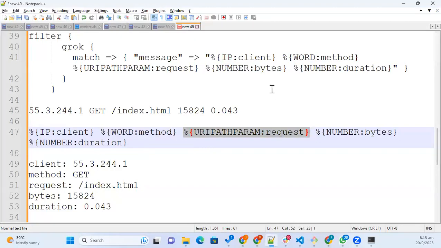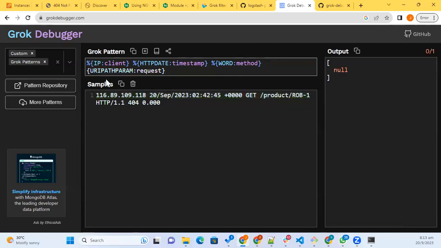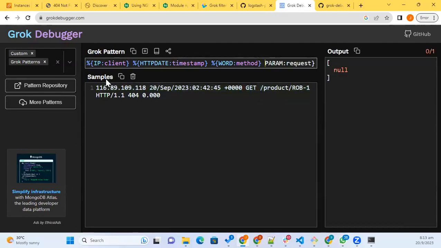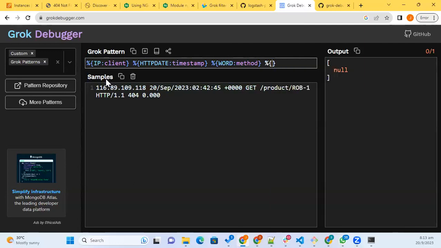This can work. Dollar. This word is working, and this one,